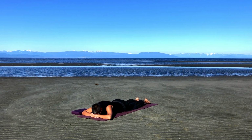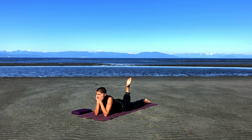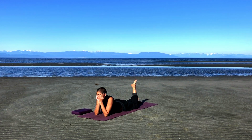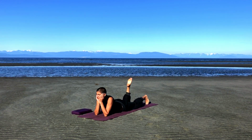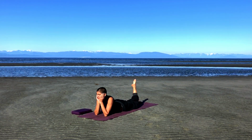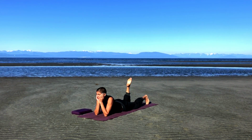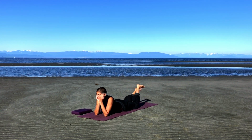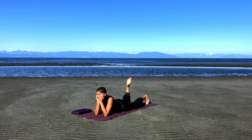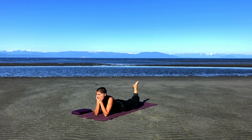Come onto your elbows, face resting in the palm of the hands, and alternate, bringing one foot and then the other towards you and away from you. Feeling this in the legs, spine, and back. And then rest. Head relaxes down,